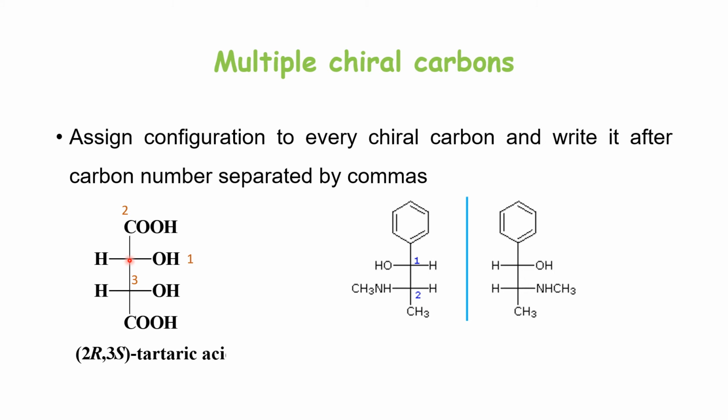So talking about the second carbon atom, oxygen first priority, COOH second priority, and this whole group. Now while deciding the configuration of this carbon, you have to treat this whole group as a substituent. So because it is a carbon which is attached to oxygen and carbon, and this is attached to two oxygens, this will get priority. So for this carbon atom, first priority, second priority and third priority, we are going in anti-clockwise direction, S configuration, but because of the hydrogen, we need to reverse it. So it is 2R.